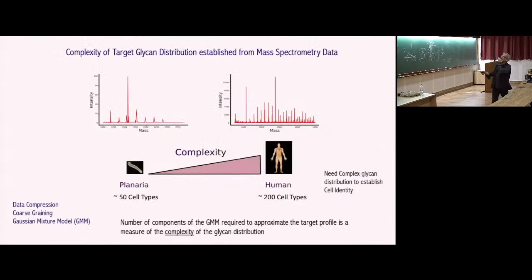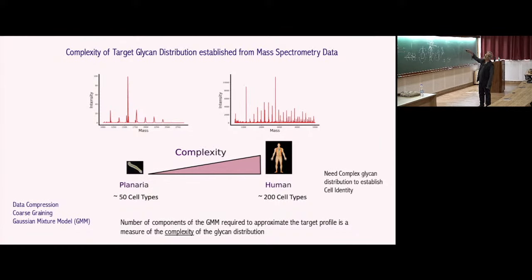Here is how we define complexity, which I'm going to go through very quickly. This is mass spectrometry data of the glycans from planaria. These are small, tiny two-dimensional organisms, flatworms. Planaria has around 50 different cell types, and this is the typical mass spec data from planaria. You would agree that this is not very complex, a small number of peaks. So in the complexity graph here, it has low complexity. Compare this to the